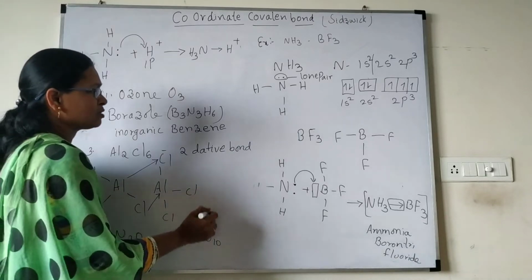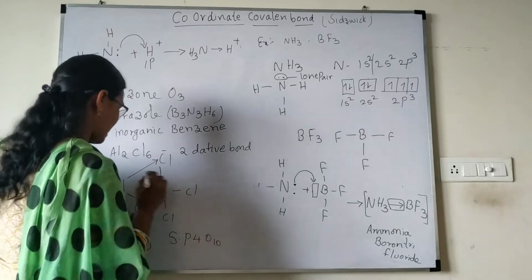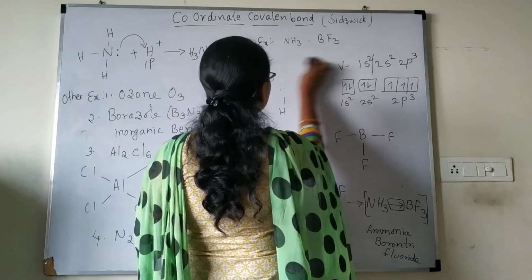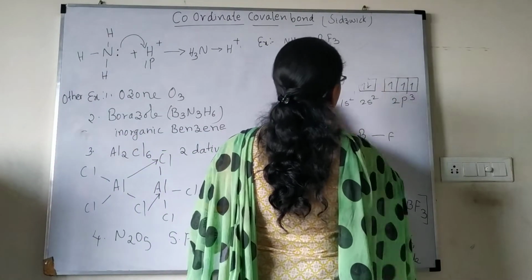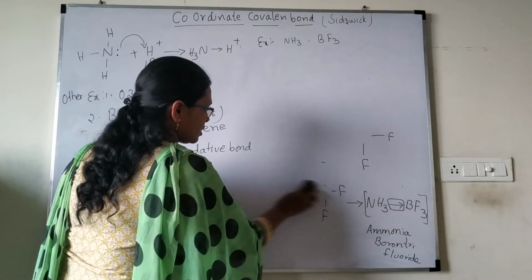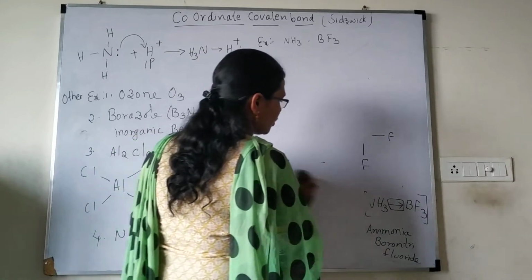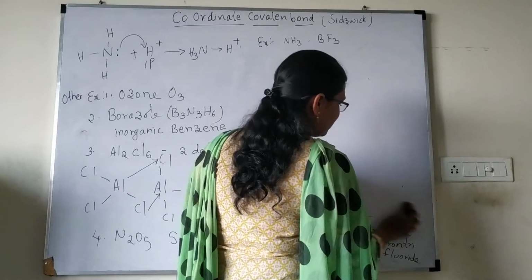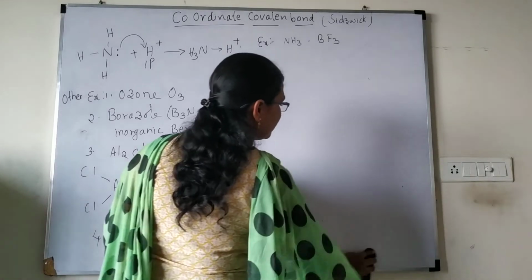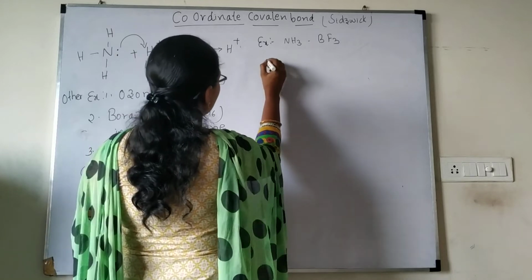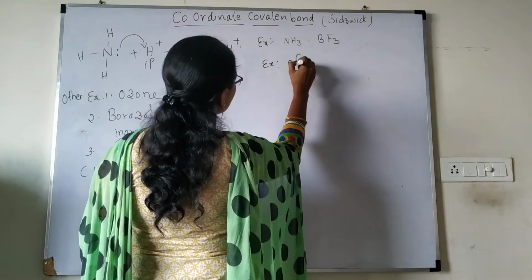And even ions, when we are explaining about the ions are conducting, just now we have discussed NH4 plus, that also we can say here ions are forming by coordinate covalent bond. That ion we can say H3O plus, the hydronium ion. H2O, already a water molecule is there. H3O plus, examples of ions.